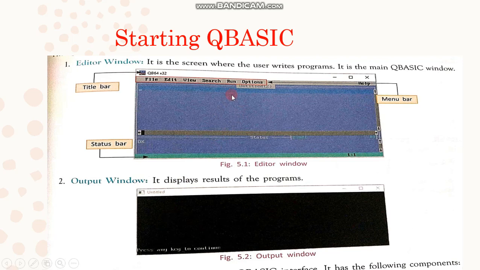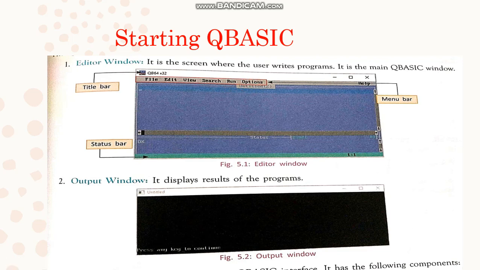The editor window components are the title bar, menu bar and status bar. The title bar is present at the top of the window. You already know it displays the name of the current file. The next one is the menu bar. It contains many menus, like File, Edit, View, Search, Run and Options.